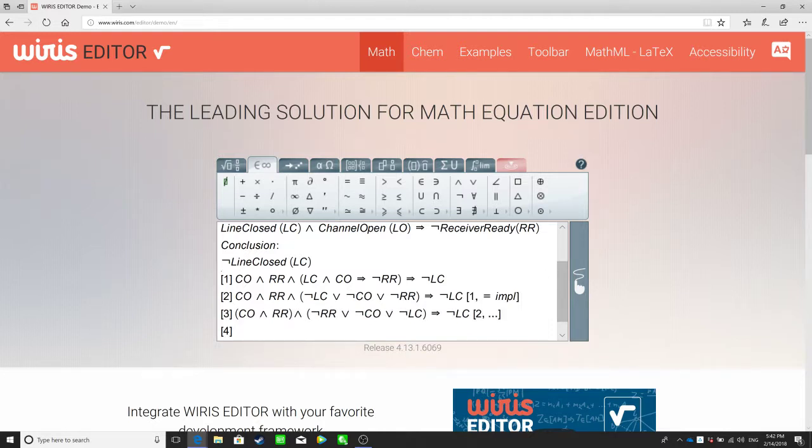Then we can do this like CO and RR and negation RR. This is one thing, because basically we put this CO and RR together with this negation RR. Okay, and then we put